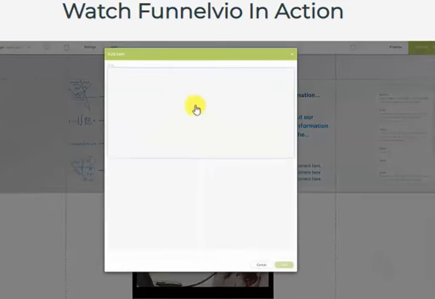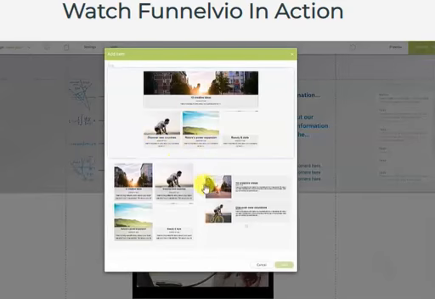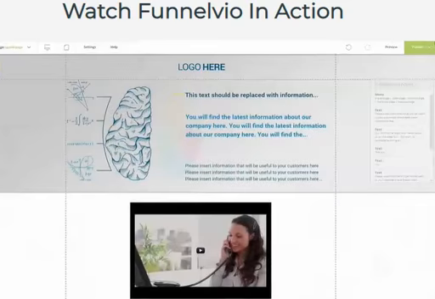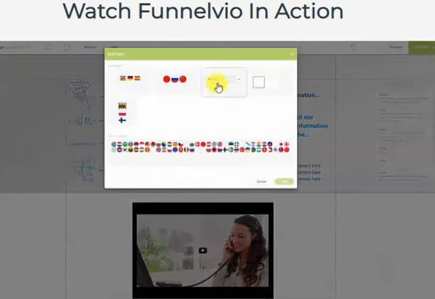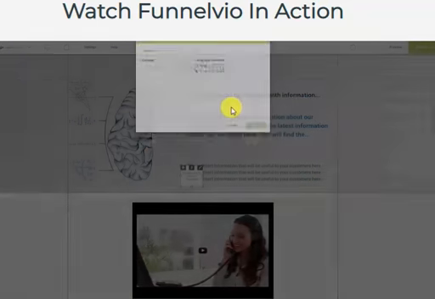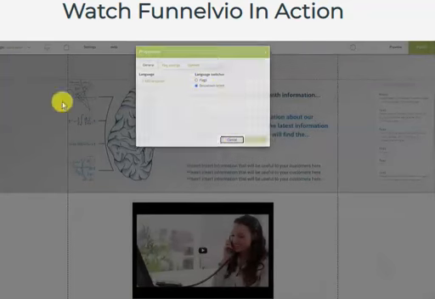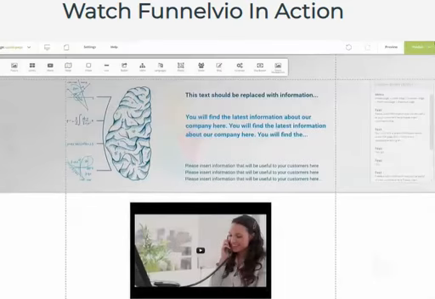So if I click on this, for example, you can sort of put a blog type in here too, which I wouldn't really recommend for a funnel anyway, but you could have one. Then we've got a buy button and smart membership. I'll come to that in just a second. But there's languages too. So if I click on languages, you can give people the option to choose one or different languages. Now this is in beta at the moment, and eventually we'll be able to provide translation in multiple languages automatically as well. So the one thing I want to show you here as well is the buy button,